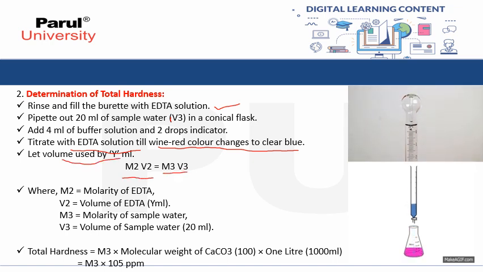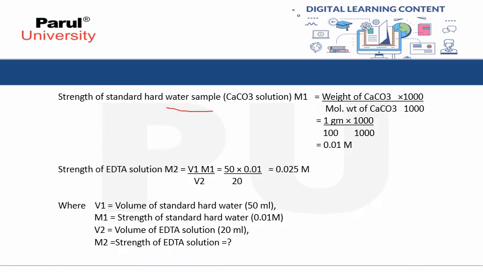So again M2V2 is equal to M3V3, where M2 is the molarity of EDTA, V2 is the volume of EDTA, which is Y ml, which you get through titration. M3 is the molarity of sample water and V3 is the volume of sample water which we have taken in the conical flask. Therefore, the total hardness will be equal to M3, that is the molarity of sample water, multiplied by the molecular weight of calcium carbonate, which is 100, into 1 liter, that is 1000 ml, which is equal to the molarity of sample water, that is M3, multiplied by 10^5 ppm. Therefore, the strength of standard hard water sample, that is calcium carbonate solution M1, is equal